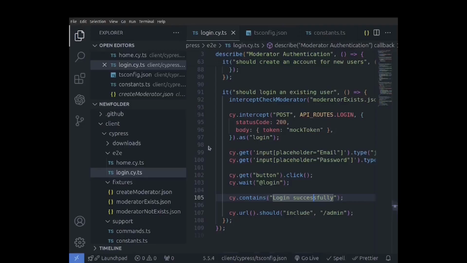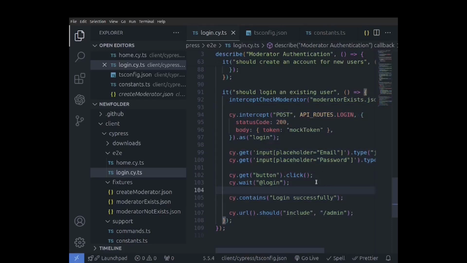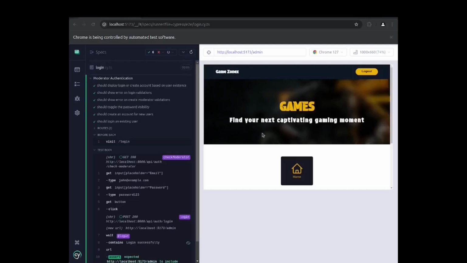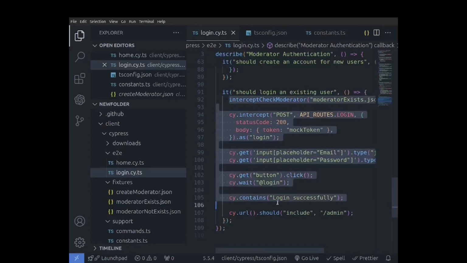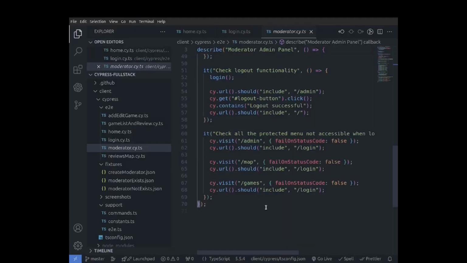So this is basically the logic for checking the login, and you can apply more assertions and other checks based on your requirement and your feature. Right now my login feature is kind of simple, so I think this code is enough to test my login functionality. Now let's move into our next test suite, which is going to be